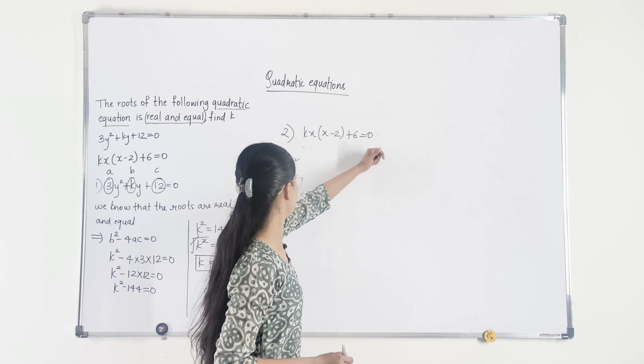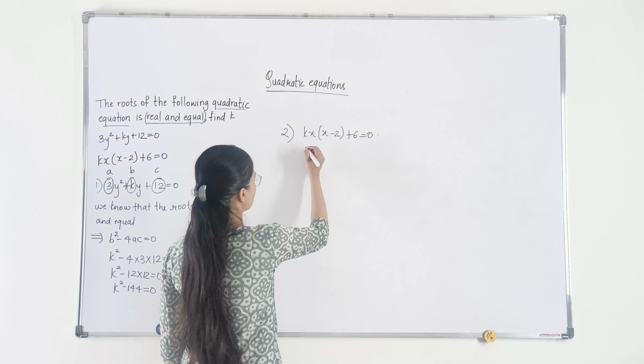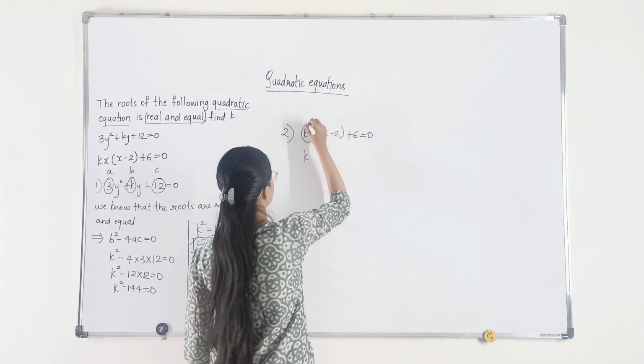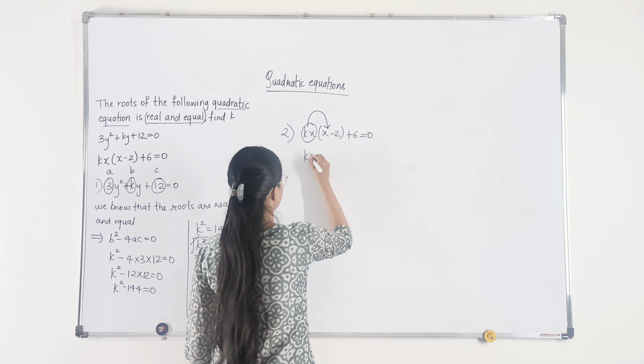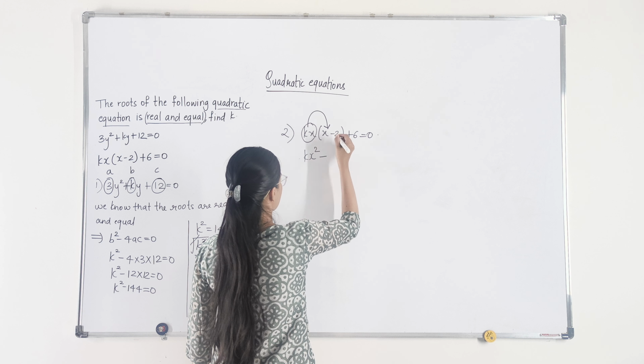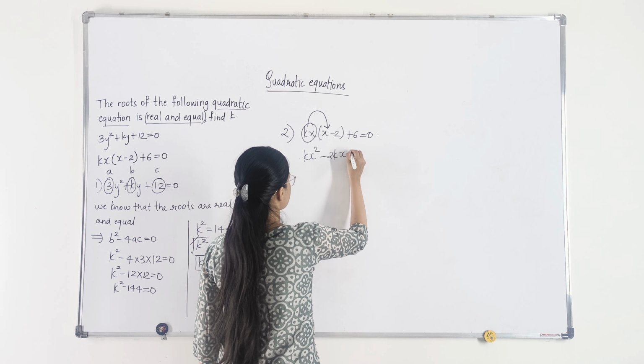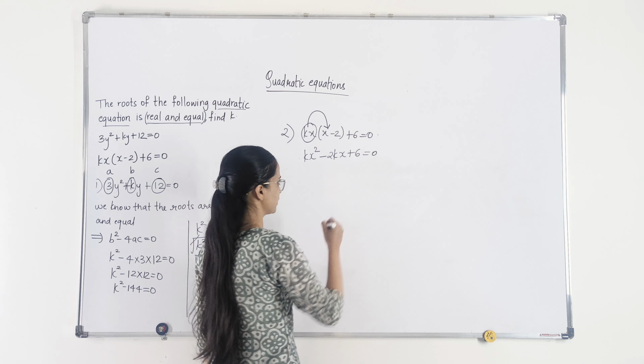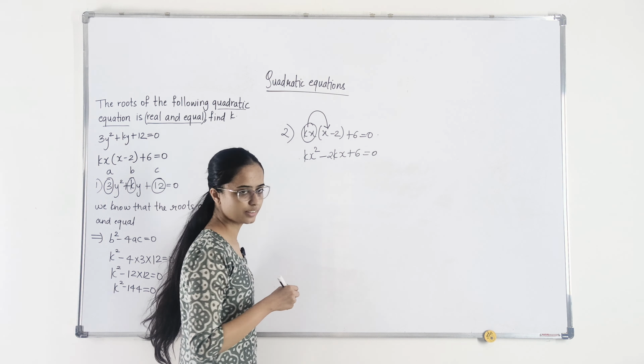So first we will write this in the standard form. When you multiply this with the first term in the bracket, we get kx square. Similarly, you get 2kx plus 6 equals to 0. This is in the standard form. Then again, according to the given condition, we know